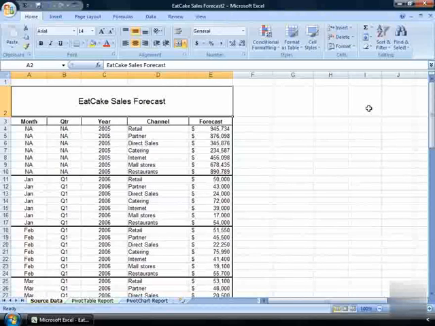To review the alignment of data in a cell, I've opened up Eat Cake Sales Forecast number 2. If you take a look at the top up here, I've already opened it up, and I just want you to do the same if you'd like to follow along. The reason I've done this is this particular spreadsheet now has a little bit larger area here in row number 2 to show you how the alignment is so easily done and to just make it pop for you a